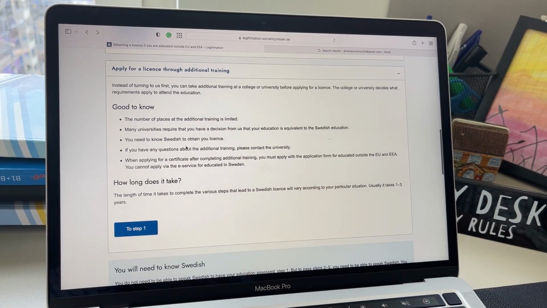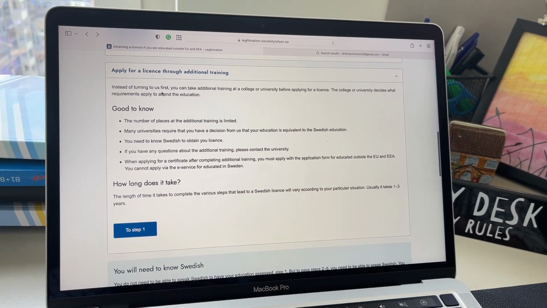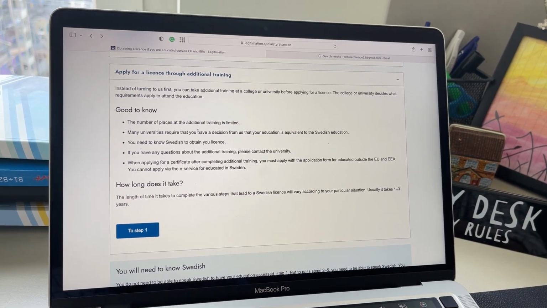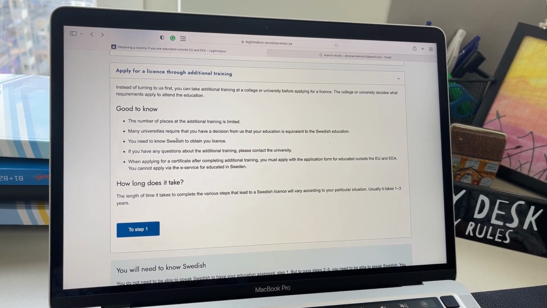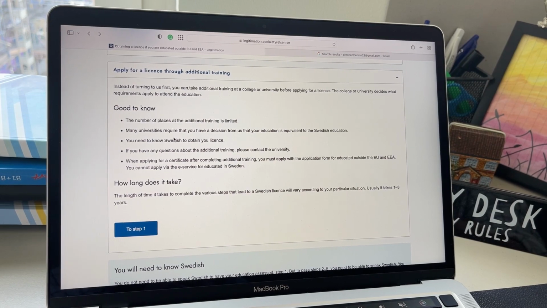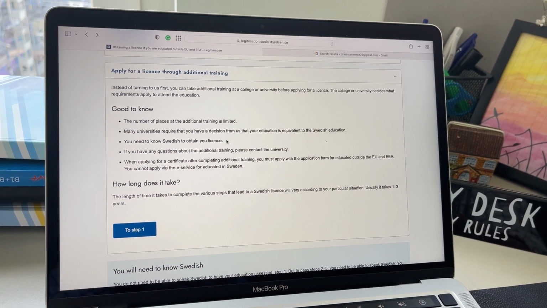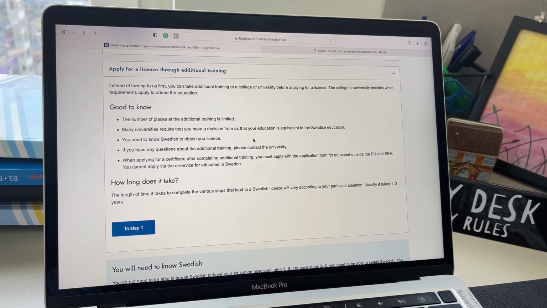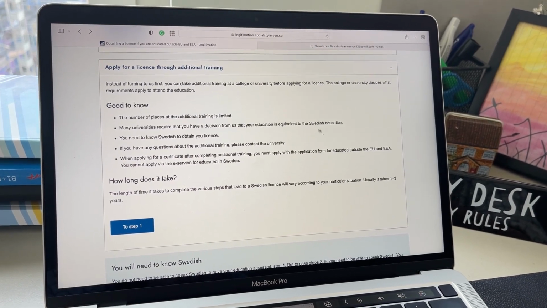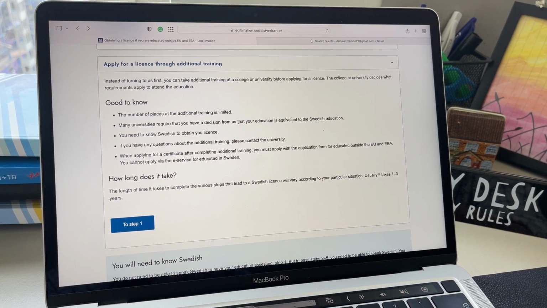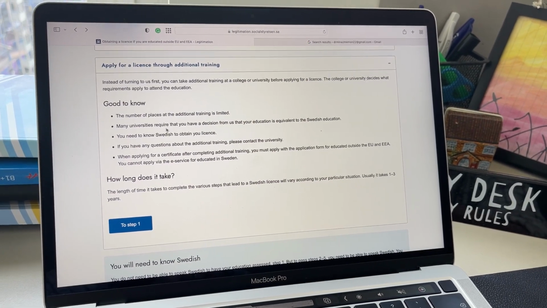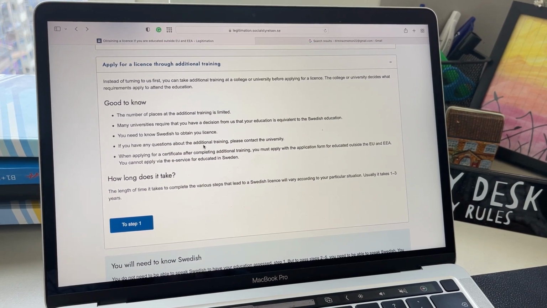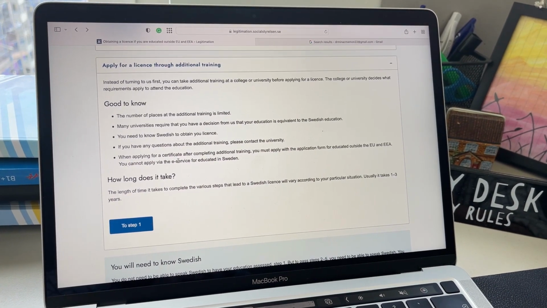So additional training, you can see here, they have very limited seats for the training, and many universities require that you have a decision from us that your education is equivalent to the Swedish education. So here also you need to do the first step, your assessment of your education, and you need to know Swedish to obtain your license. If you have any question, you have to contact the university where you are applying